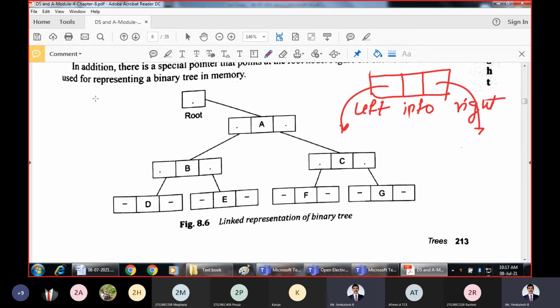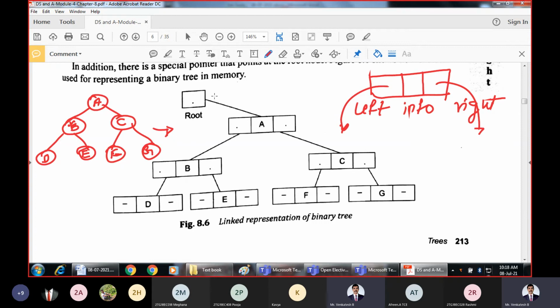Say for example, for the same given tree, I'll first write its corresponding tree here. This is A, B, and C. Then we have here D, E, F, G. So this is the given tree and this is the corresponding representation using linked representation.